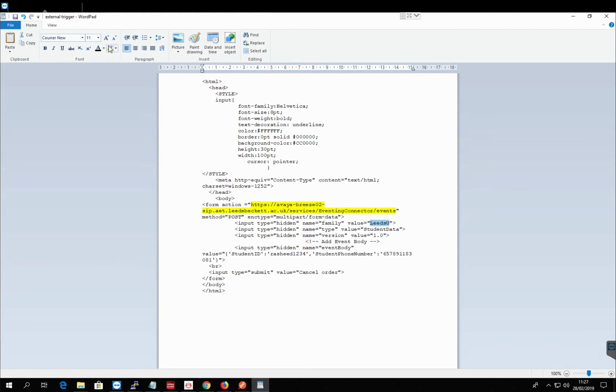If you recall from my previous video, these are the data values that we define in System Manager. So this is the family, the type, the version, and the event body. Very similar to the task that we created in Engagement Designer, and very similar to the data sets that we added in Google Postman. So if we go back into